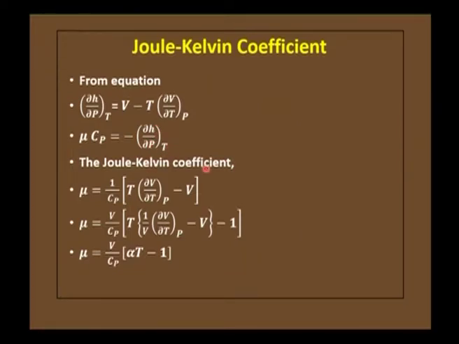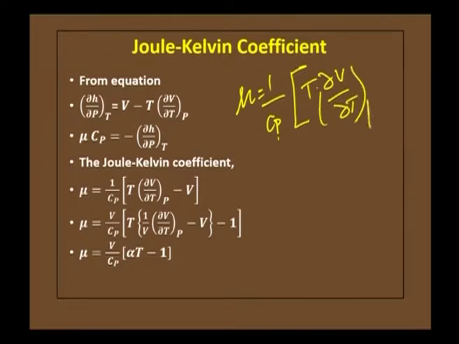Therefore, the Joule Kelvin coefficient mu is equal to 1 by Cp into t into dou v by dou t at constant p minus v. So, this is the value, and we know that mu Cp is equal to minus dou h by dou p at constant t. Therefore, mu is equal to v by Cp